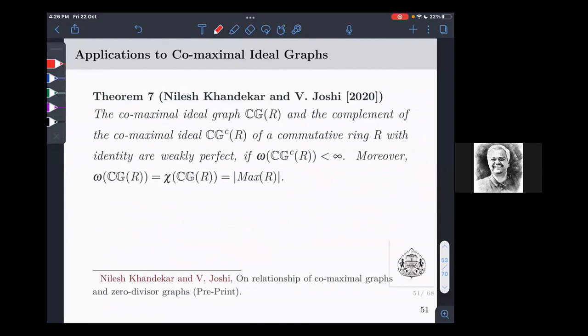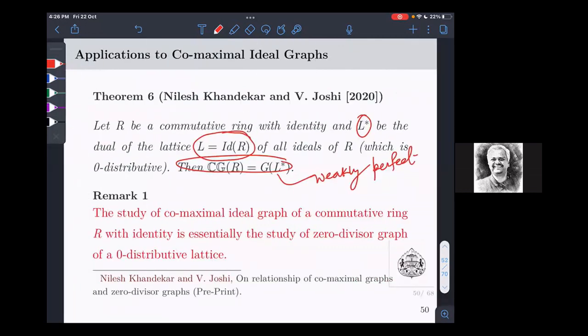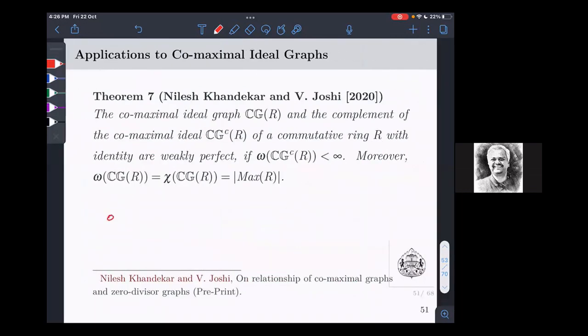In fact, as I told you, what is IDR star? See, if I look at IDR, what will be IDR? Just look at it, for understanding purposes: this is my maximal ideal M1, say M2, this is my M3, and this is my whole ring R. Something is here, and this is your zero ideal. Is that okay? This will be the Hasse diagram, something like this. Maximal ideals will be on the second bottom line. The whole ring will be the greatest element. This is the ideal lattice under set inclusion, right?